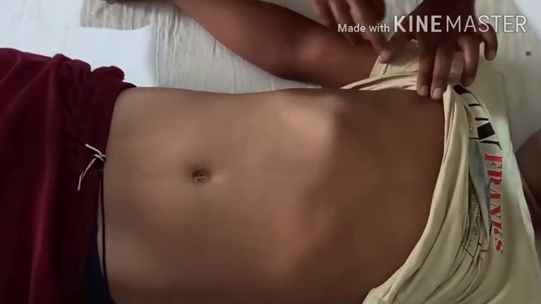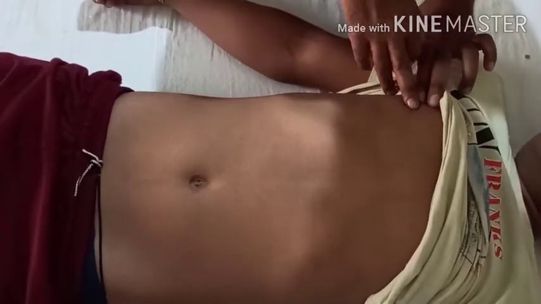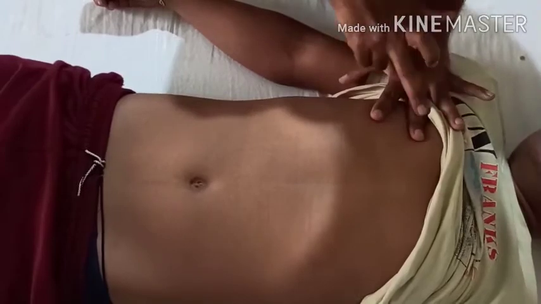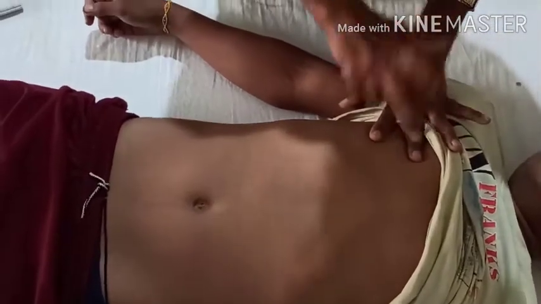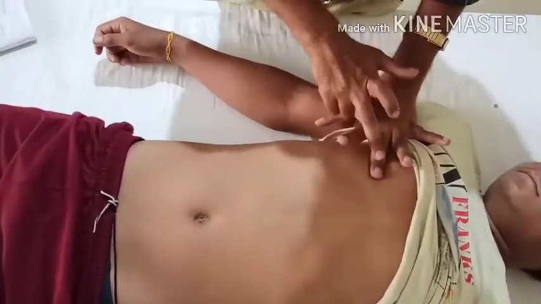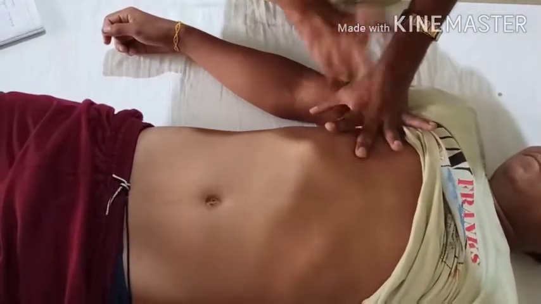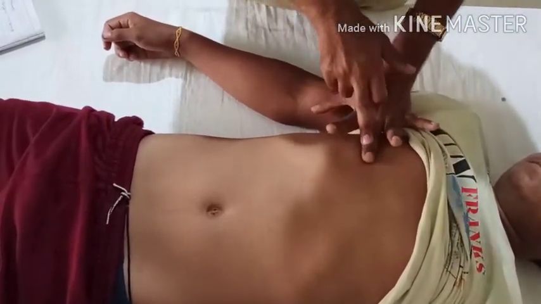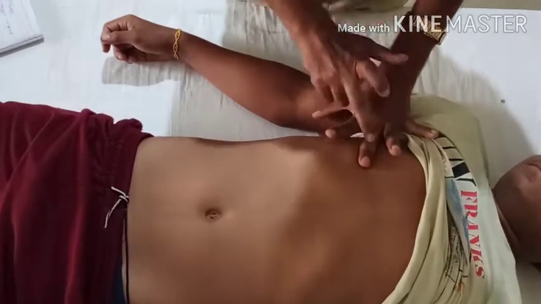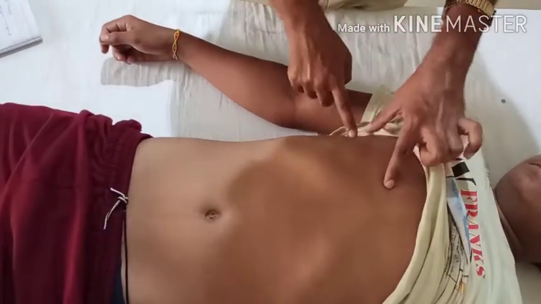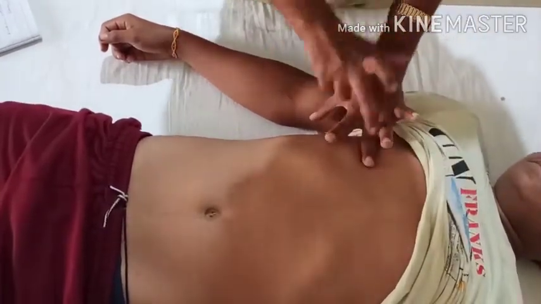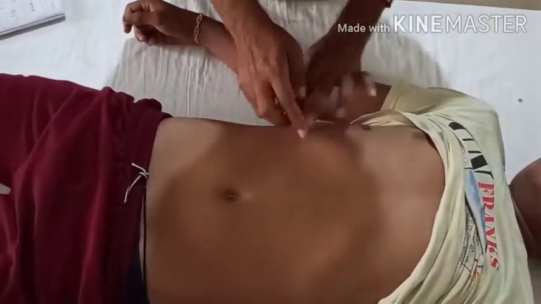Okay. Going for the percussion of the liver, it should be started from the fourth intercostal space. As the nipple indicates, it is in the fourth intercostal space. It should be started like this, and this note is a resonant note. As you go down at the fifth or sixth intercostal space, the dull note starts, and it indicates the upper border of the liver, and go below. Again it's resonant now, indicating the lower border of the liver, and this is the size of the liver.